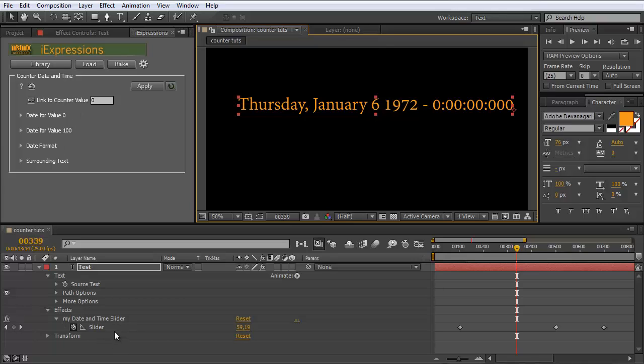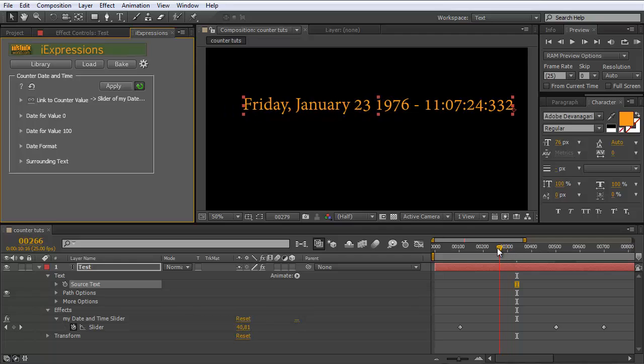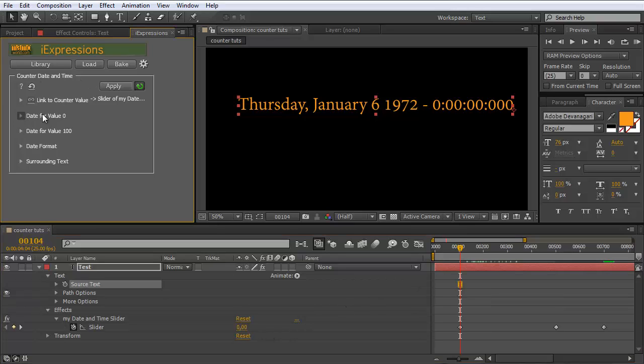And again, you animate this by linking it to some slider. In this case, I don't create a new slider, but I select here an existing one that I've prepared, my date and time slider, and link it there. Now I select my source text property and click on apply. And I click on auto apply such that all changes we are going to do in the following are automatically applied instantaneously. Now you can see you animate here, so the date is quickly changing and then the time is changing. And when your slider is at 0, the date that is shown is what we have here in